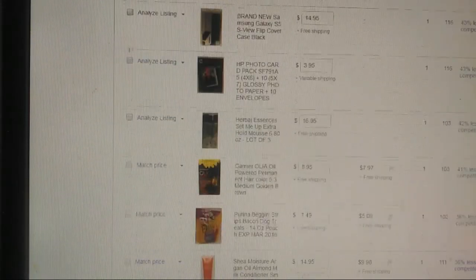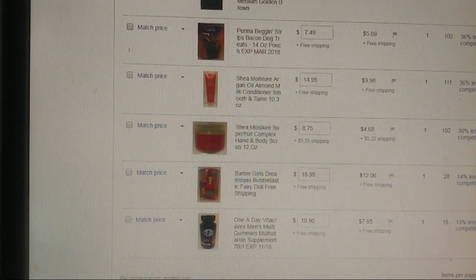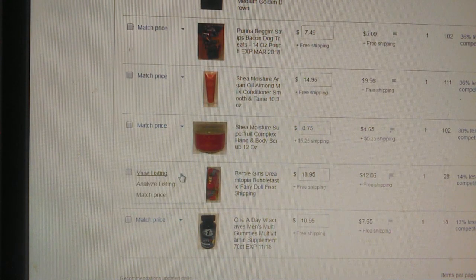Couple things I always want to check for when items pop up on here. I'm going to try to go to a basic one. Like this one, I totally disagree with lowering the price on this. I'll show you. This is a Barbie doll that has, she has like this